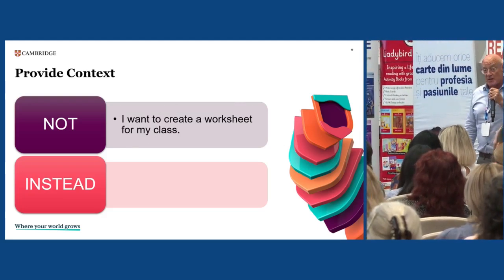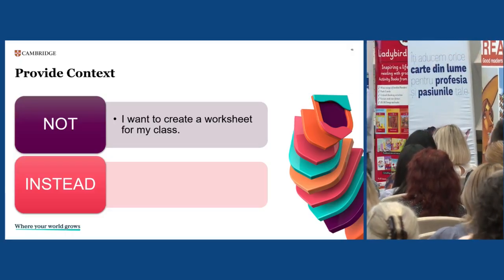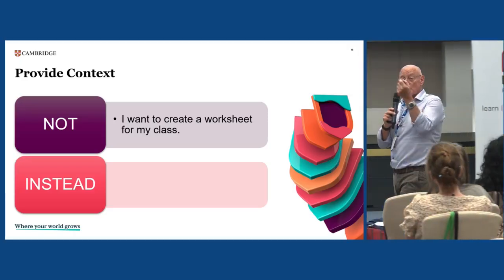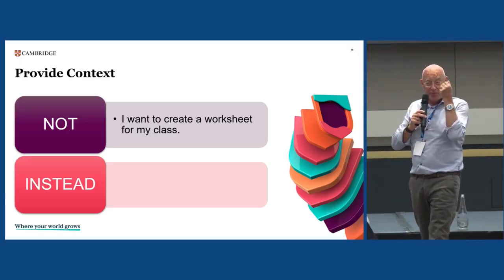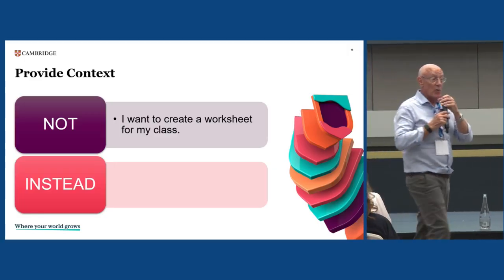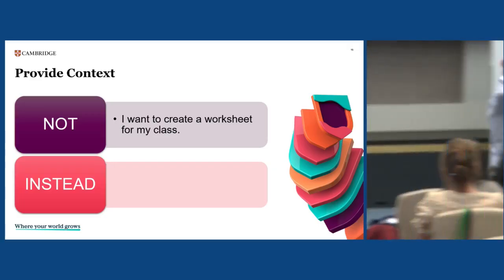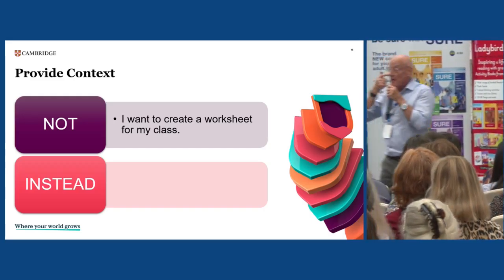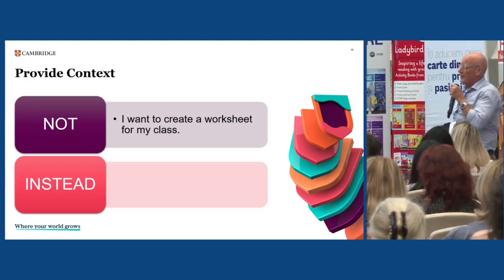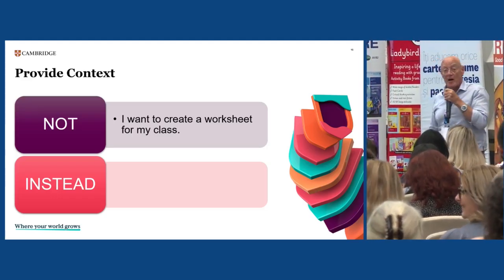It needs context. If you were in the writing session I did earlier, we talked a lot about context, because when ChatGPT or your students know the context, that helps them and it guides them with the language that we want them to use. And the same is true here. We need to give AI a context. So not, I want to create a worksheet for my class, but